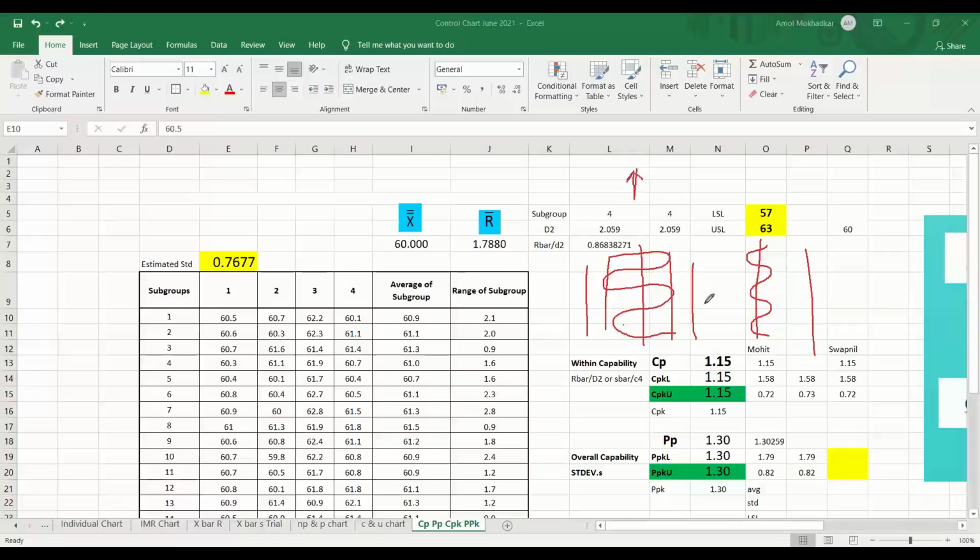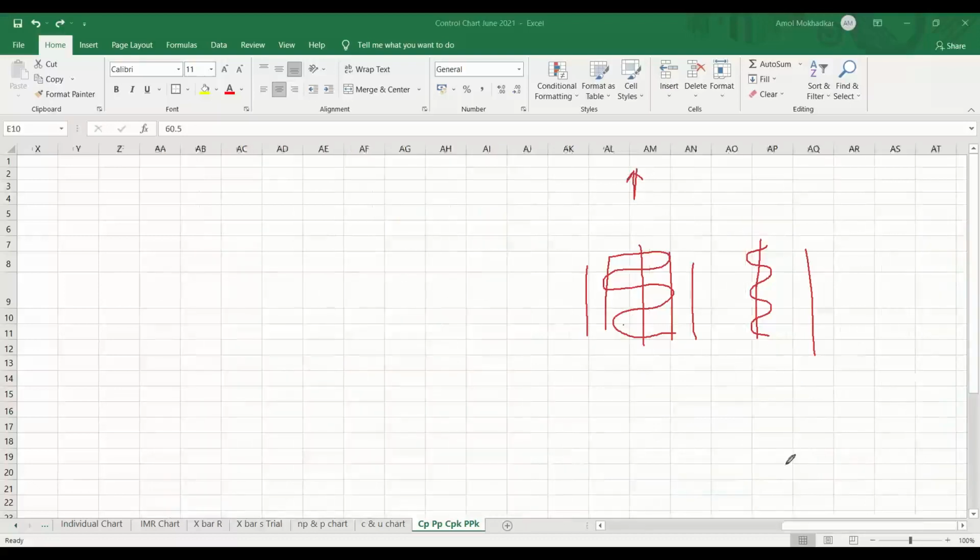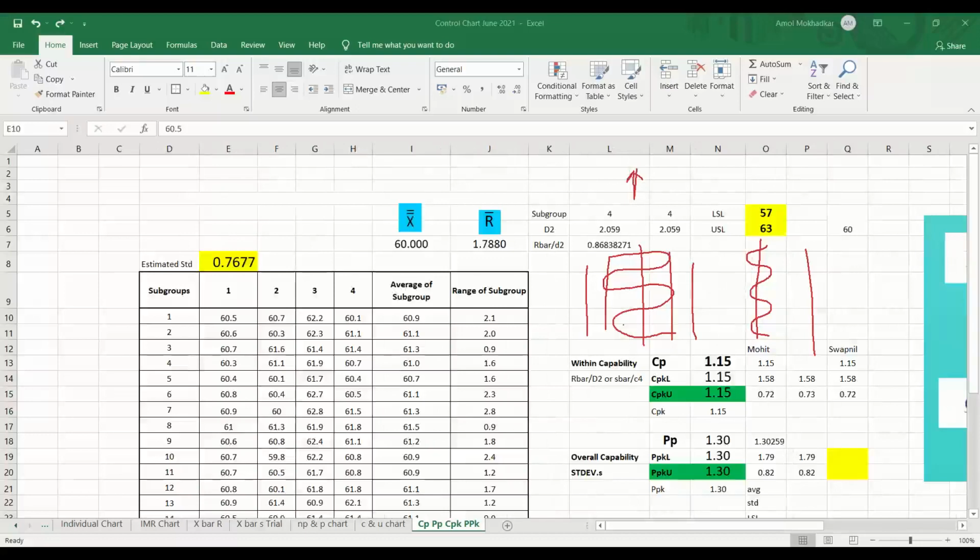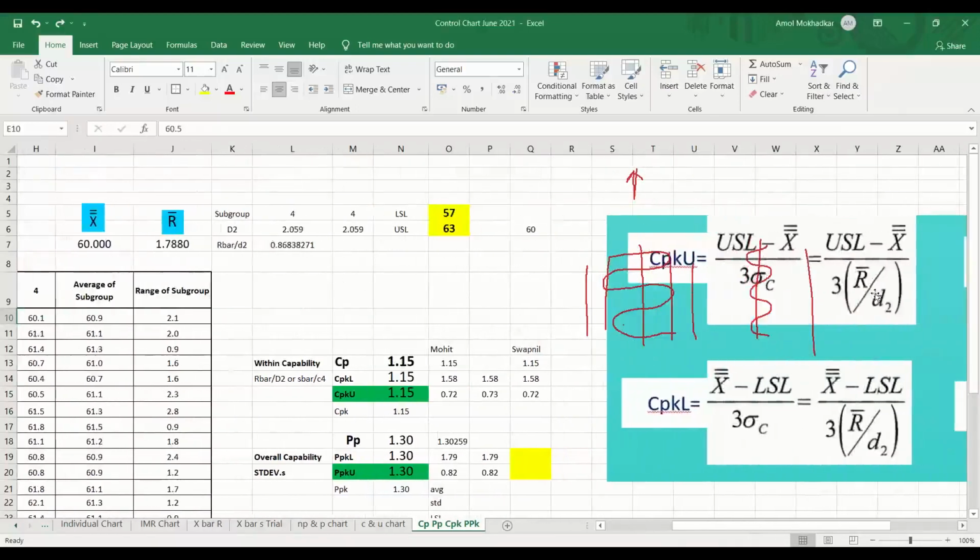Standard deviation is in the denominator. In the formula, if you check, it is in the denominator. So if this value increases, your CPK value or PPK value will decrease. Whenever there is a denominator, you need to decrease the denominator to improve the value.